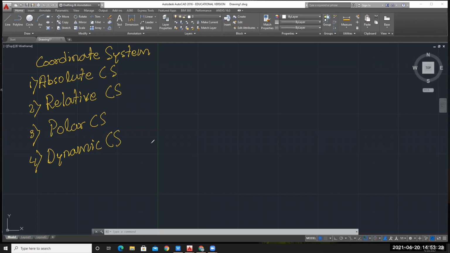You might have studied these coordinate systems in coordinate geometry when you were studying mathematics. I will take a basic example of a rectangle. Suppose this is one rectangle I have on the screen. The length is 100 units and the height is 50.